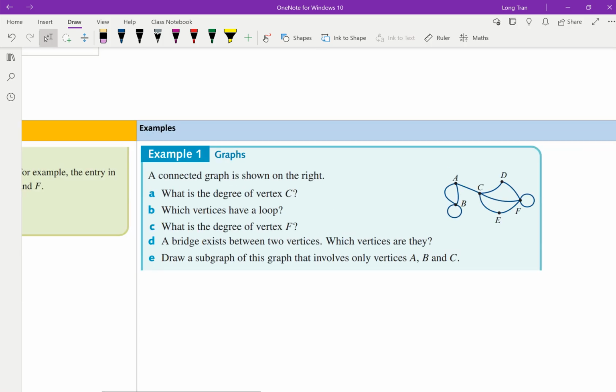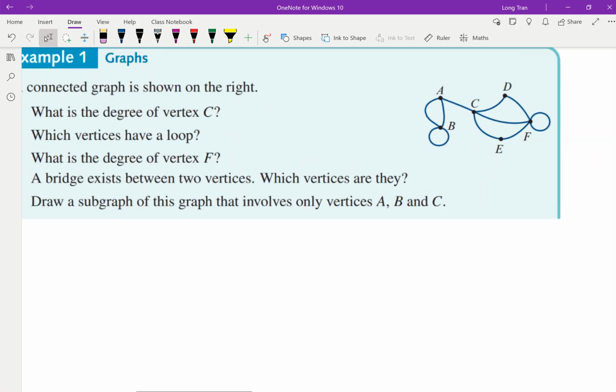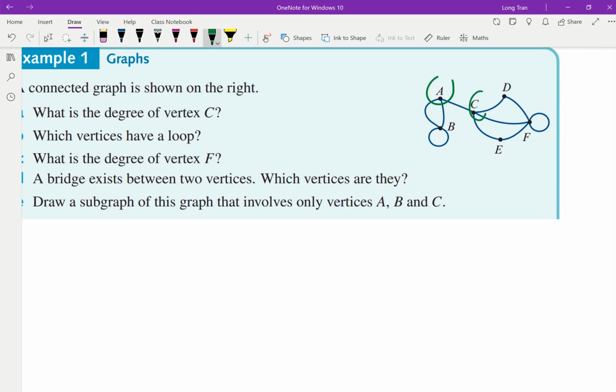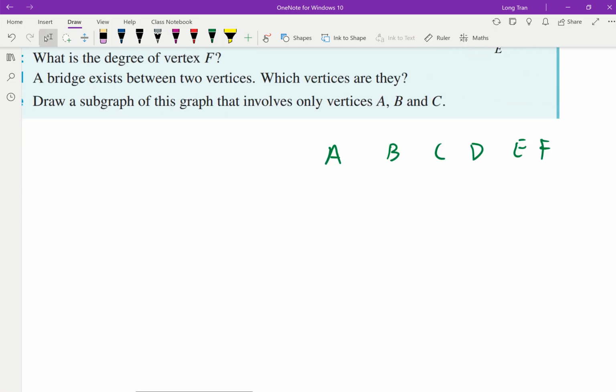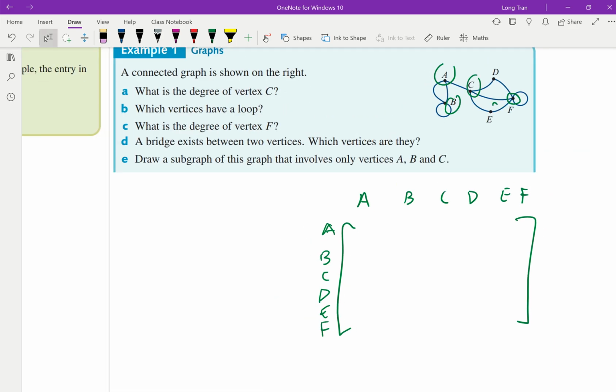So 14B is essentially writing the matrix as number of connections. You can see here, I've got A, B, C, D, E, F. That tells me I have A, B, C, D, E, and F. That means when I draw out my matrix, it'll be a 6 by 6. So I'll have A, B, C, D, E, and F. And what they want you to do is to fill out the number of connections each one has. So from A,